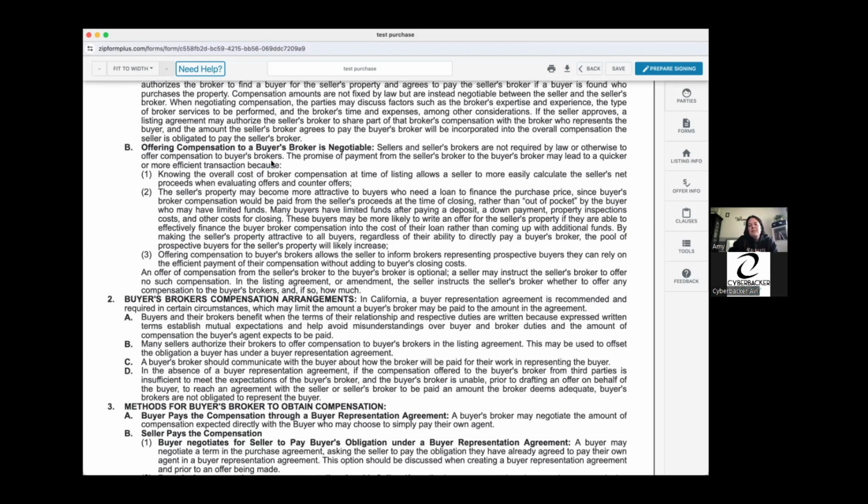The promise of payment from the seller's broker to the buyer's broker may lead to a quicker and more efficient transaction because knowing the overall cost of broker compensation at the time of listing allows a seller to more easily calculate the seller's net proceeds when evaluating offers and counteroffers. The seller's property may become more attractive to buyers who need a loan to finance the purchase price, since buyers